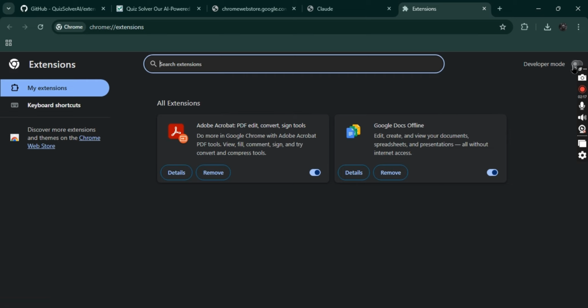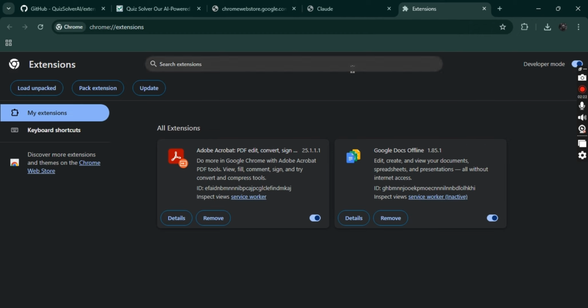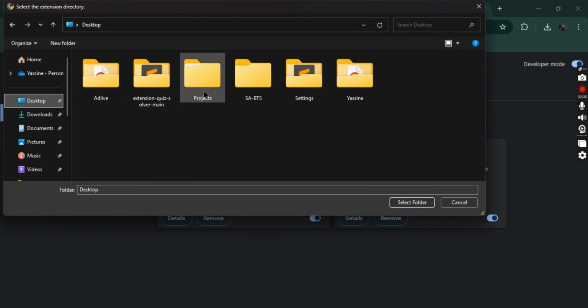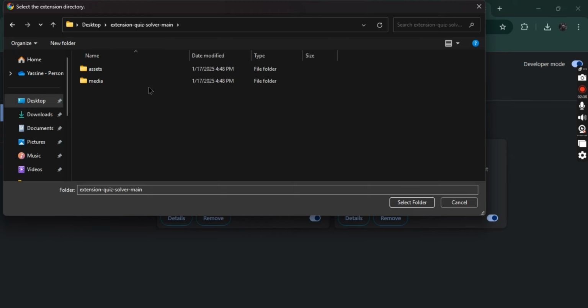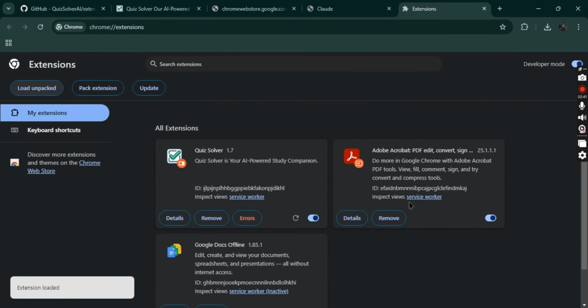Then we make sure that developer mode is activated. Click here. As soon as we click here, the load unpacked button appears, and we click on it, and then we select the project that we downloaded, and then we select the folder,